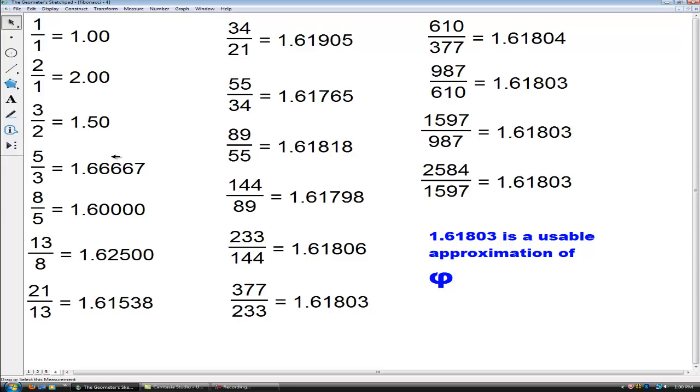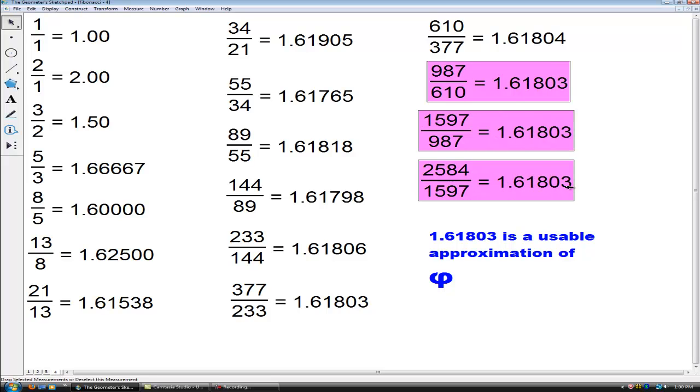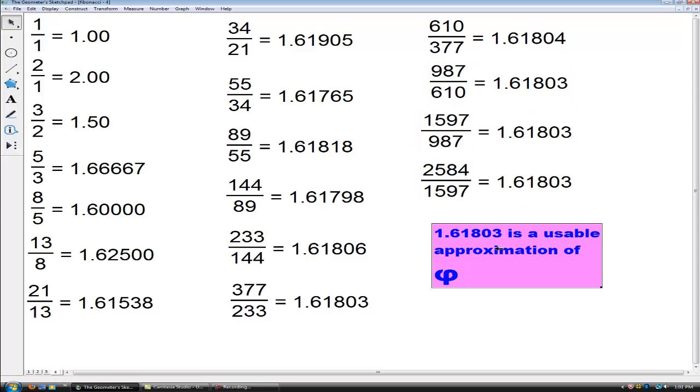Here's another way of looking at that previous page where we had the Fibonacci squares arranged, making a rectangle which is approaching the golden rectangle. If I take the next largest Fibonacci term and divide by the previous, so 2 divided by 1, 3 divided by 2, 5 divided by 3, 8 divided by 5, and so on. My numerator is always the next largest Fibonacci number divided by the previous Fibonacci number. And if you look at the decimal approximations of these ratios, there comes a point where, if rounded to 5 decimal places, we get the same value over and over. And this is a usable approximation of phi,